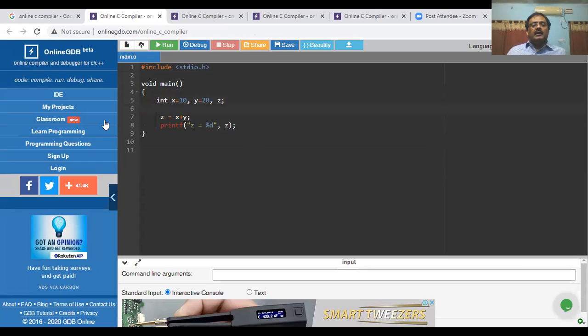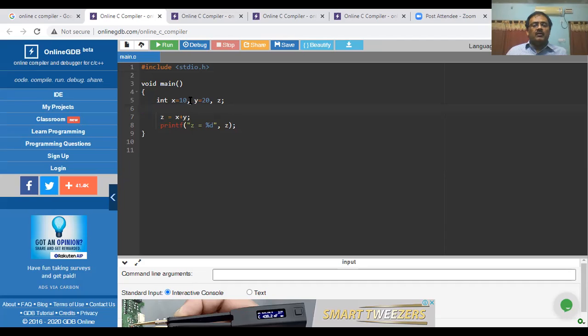I am declaring three variables: x and y, initialized with the values 10 and 20 respectively, and z with no initialization. All these variables are declared as int type, integer variables.